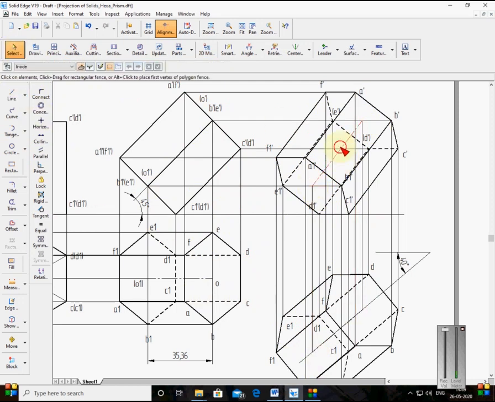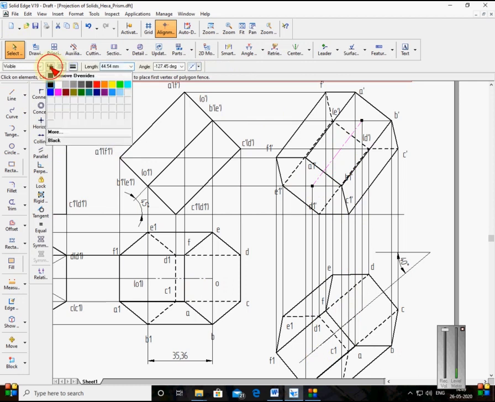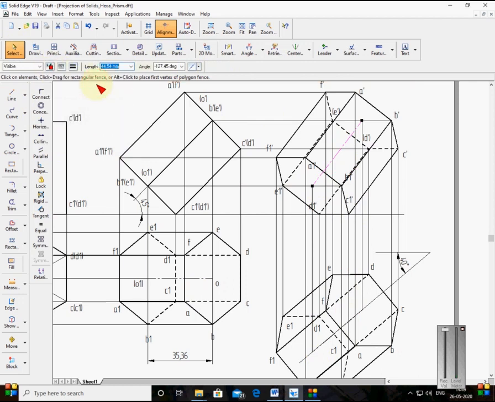For your understanding, I'll make this on video. I'll change its color and thickness also. This is the axis. Now I'll type the names here. This is O, in bracket O1, and this O is not seen now. This is O dash, in bracket O1 dash, and O1 dash is seen.